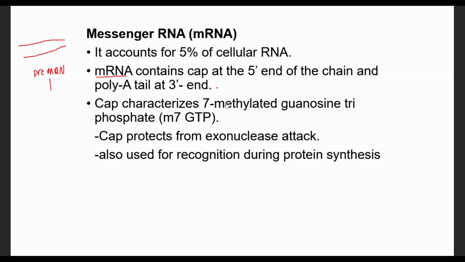These are the modifications in the pre-messenger RNA. As a result, we have a matured messenger RNA with a 7-methylated cap at the 5' end. Poly-A adenylation is the addition of a number of adenines at the 3' end of messenger RNA. These modifications occur because this messenger RNA is a delicate molecule, or less stable. It can be degraded by exonuclease enzyme. So to have this protection,